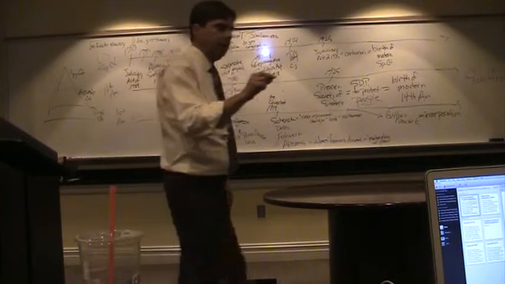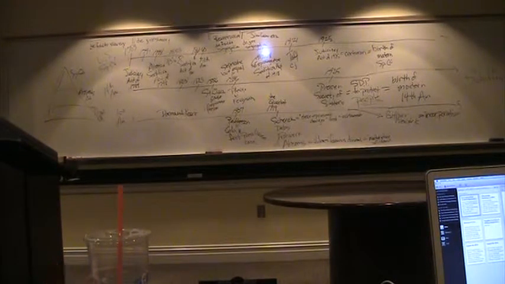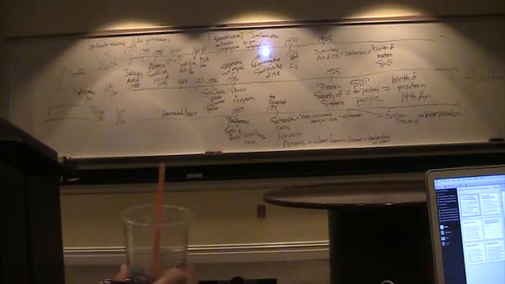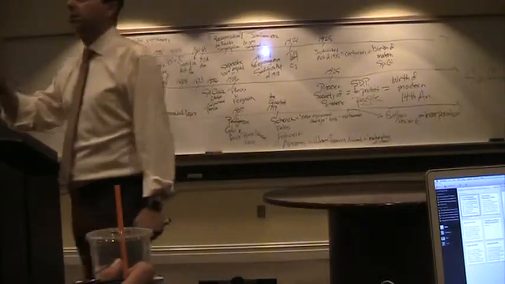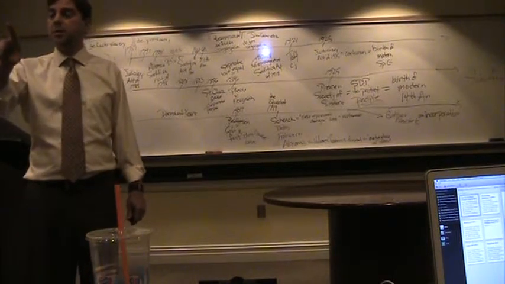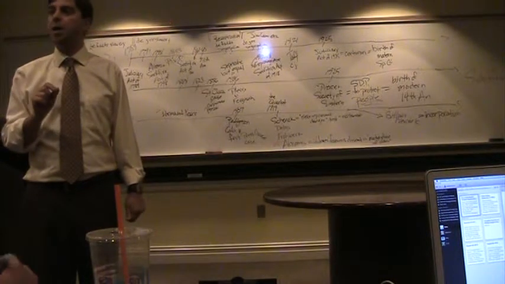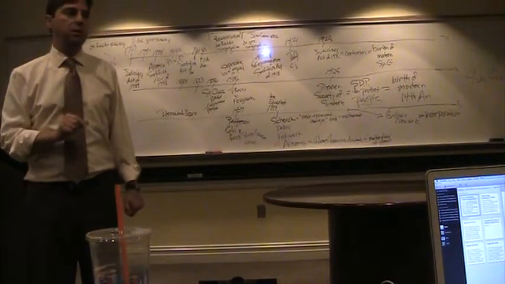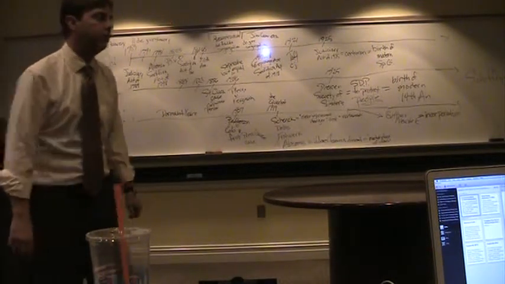So incorporation is the process by which the court adds or incorporates parts of the Bill of Rights into the word liberty in the due process clause of the 14th Amendment in order to reach down to the state and local level. Because remember, the words of the 14th Amendment say, no state shall. And so if you add freedom of speech into the word liberty, it means no state shall abridge your freedom of speech. And that's what they did. They said, liberty also includes freedom of speech. It's how they reach down to the state and local level.